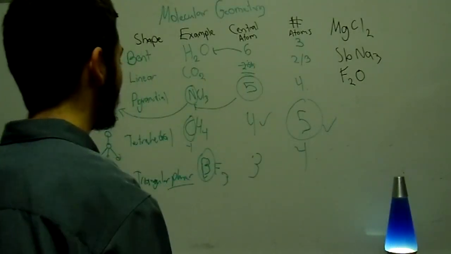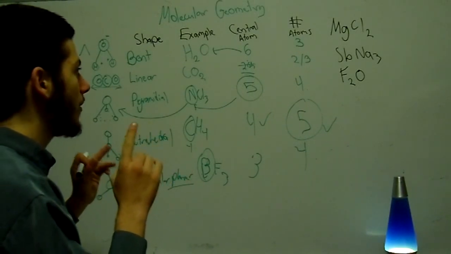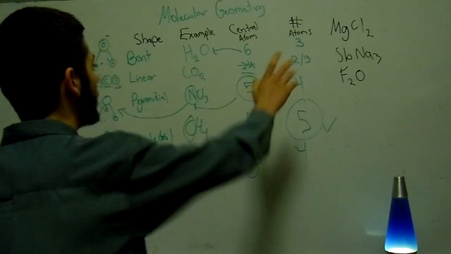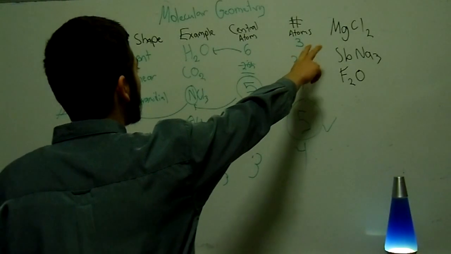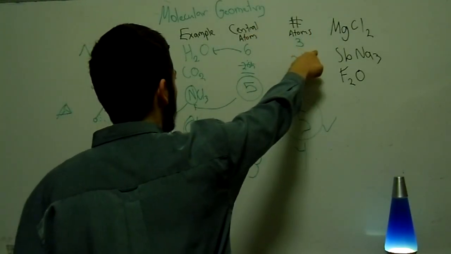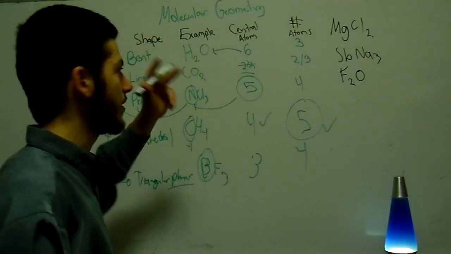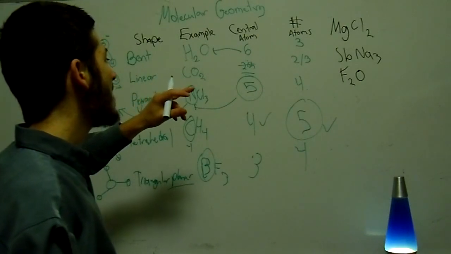Very simple. You can look at it and say, oh, straight away, magnesium. There are 3 atoms, so it's going to be around this region here. So with 3 atoms, it's either going to be bent or linear. There are these 2 choices, bent or linear. But it doesn't have, I think,